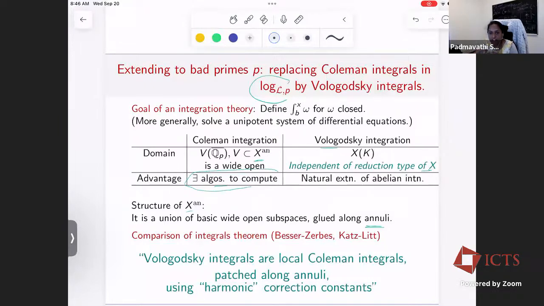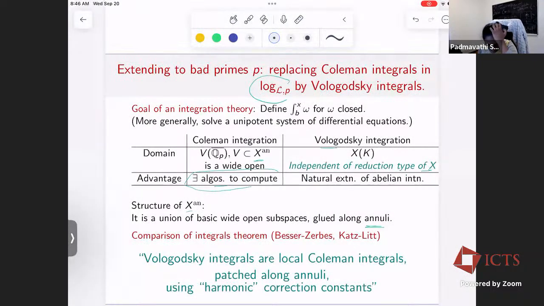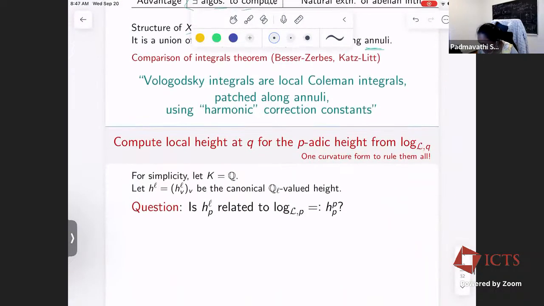In general, you have transition matrices that describe the solutions to these P-adic differential equations on the two sides of an annulus, and these transition matrices obey some kind of harmonicity condition. And so in some sense, at least in theory, we have a way of teasing out these Vologodsky integrals from local Coleman integrals. And the question is, okay,